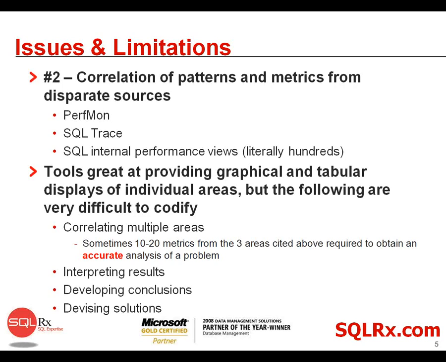of issue. And the other thing is the tools are great at graphically and tabular displays of individual areas. But again, it's very difficult to say, well, if this is happening over here and that's happening over there, and this metric and that metric and that metric, putting those three together, that means X. So sometimes we have to pull together 10 to 20 metrics from all different areas to be able to figure out what's going on with the system and get a complete analysis of it, particularly when the problems are vague, such as the sluggish system, that kind